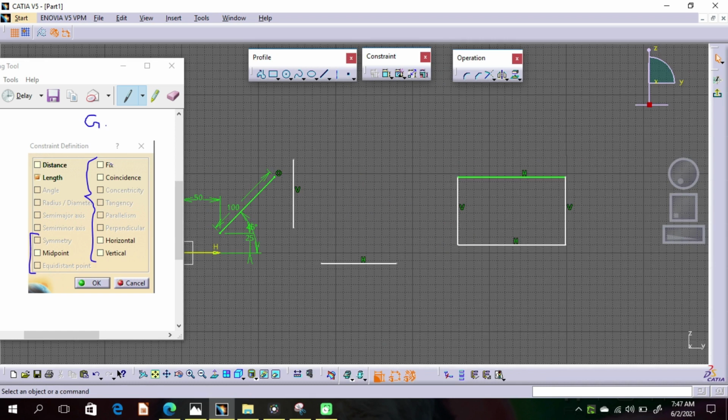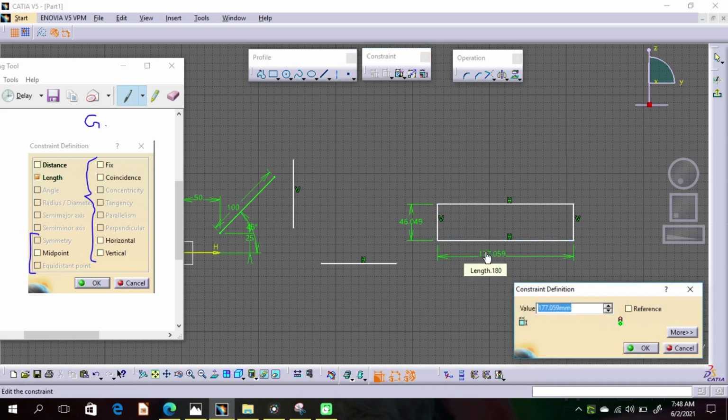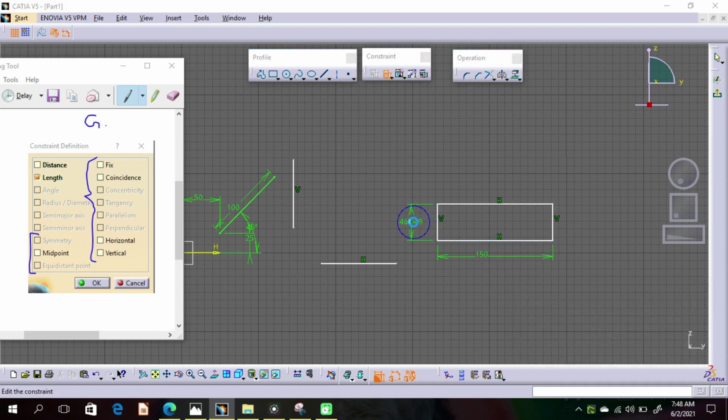Next I will show you how to fix any object. Okay, we can move the position of this side and top side. This line is getting a coincident constraint with this line, so just delete it so that we can change the height of this object. So just pick the dimension tool and give it height and width. Double click to define it 150, 50. It means we can't change the height of this object anymore.